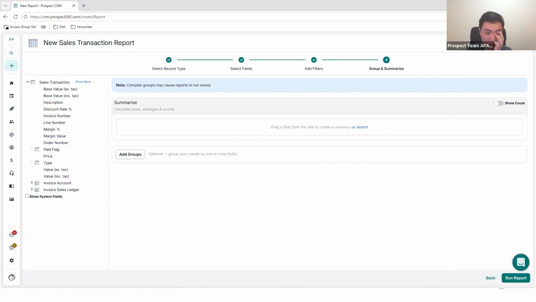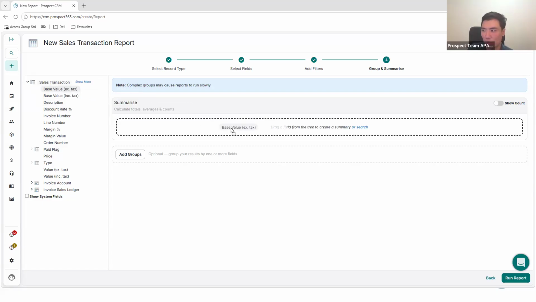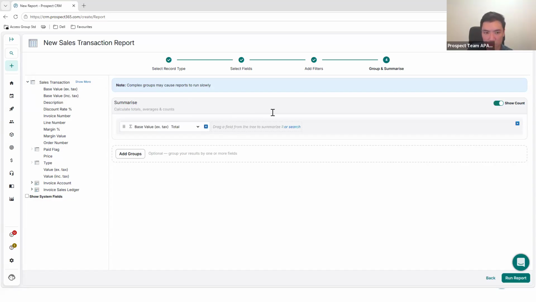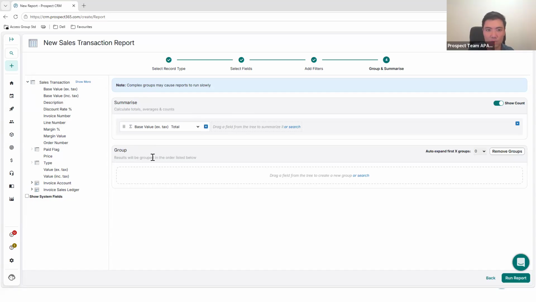So say, for example, I want to summarize the report to show base value excluding tax within this month. What I can do is select the base value excluding tax and drag it to the summarize tile. And I also want to group this report to show me the value excluding tax by each order number. What I can do is select add groups here. Okay. And then drag order number